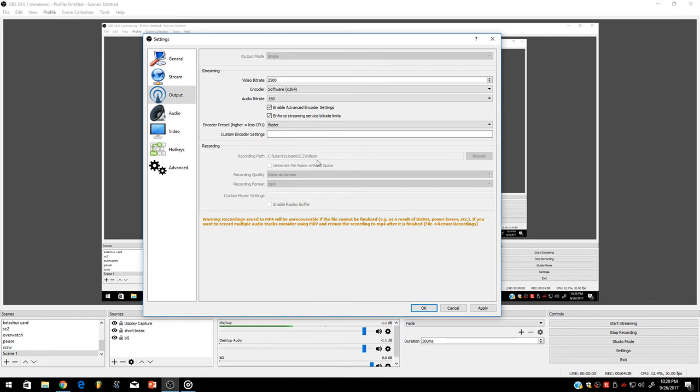So you want to make sure that you select the right place to where you want to save the video. And then recording quality, same as the stream. That's for if you're doing live streaming, so you don't care about that. But you should have it like that, so that way it records at the settings over here, streaming settings. So that way it'll copy the settings into the recording